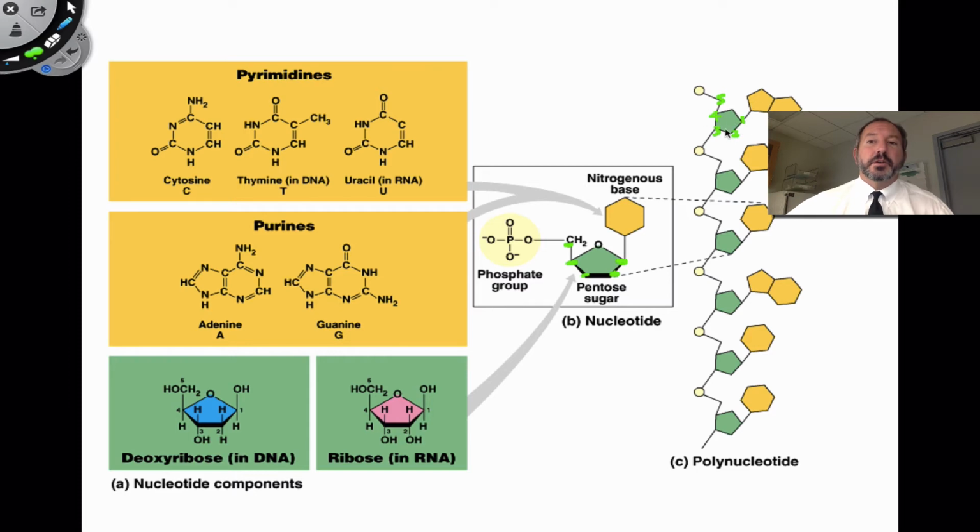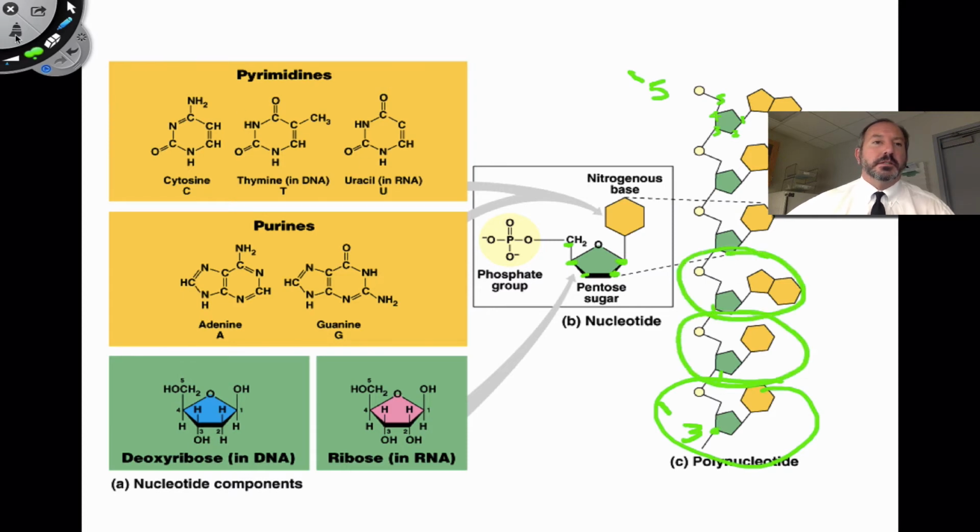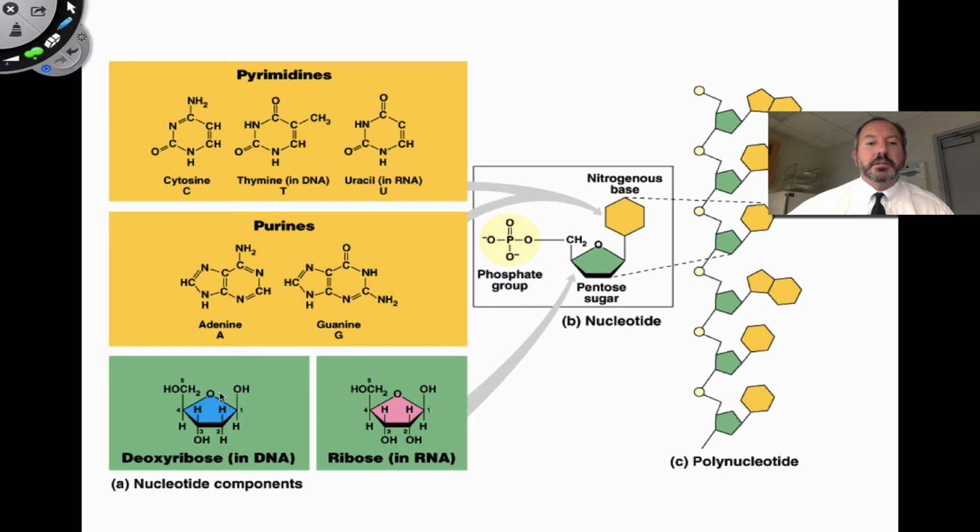So the upper part of the molecule is what's considered to be 5 prime, and if you work it all the way down to this point, this is the 3 prime right there. So this is a polynucleotide, and each one of these is a nucleotide connected to a nucleotide connected to a nucleotide. And then of course here's a detailed drawing of the sugar deoxyribose.